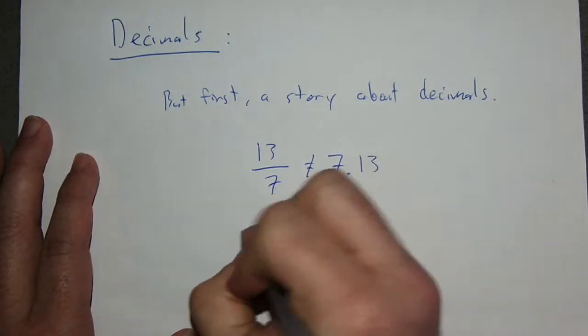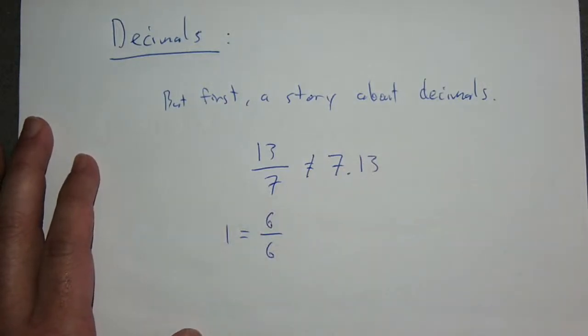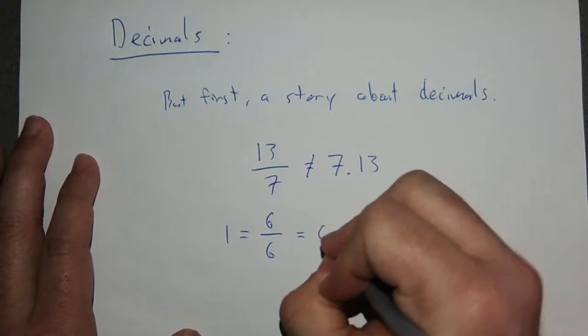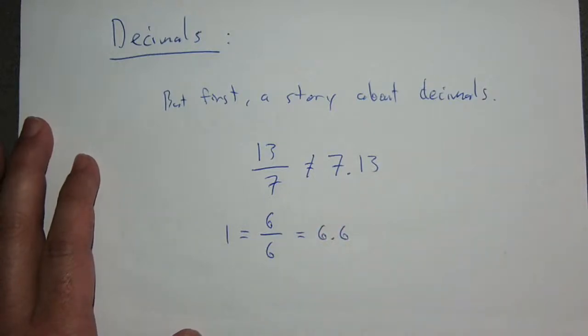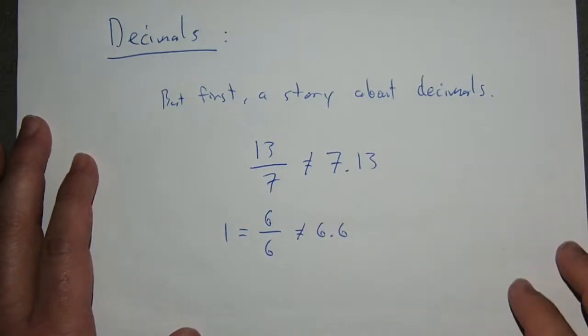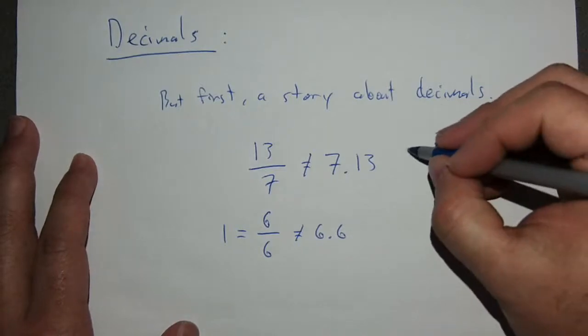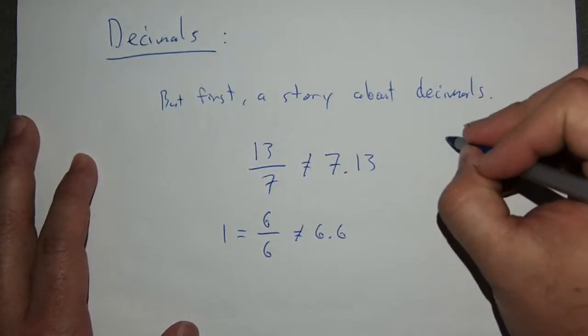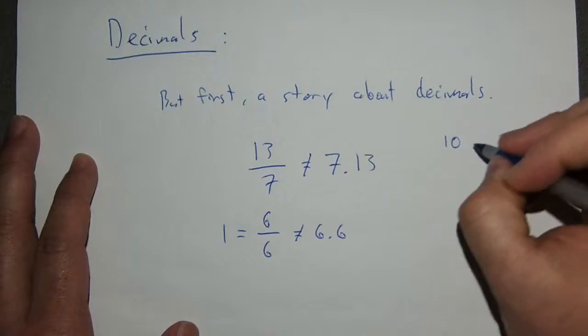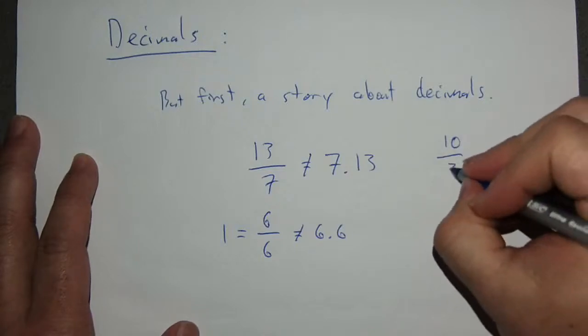Well, we know that one. That's 1. Okay, but actually 6 over 6 is 6.6. Right? No. Okay. So then once it became clear what the student was doing,